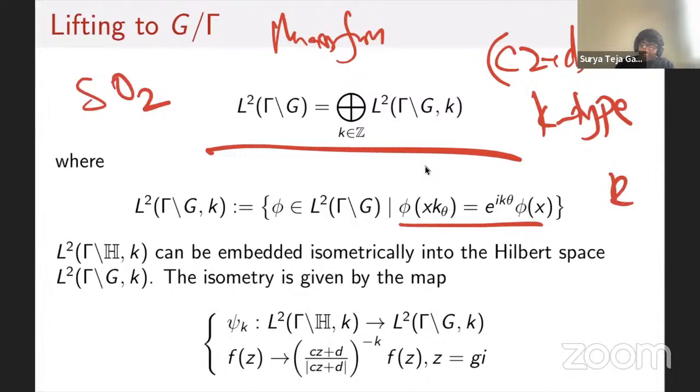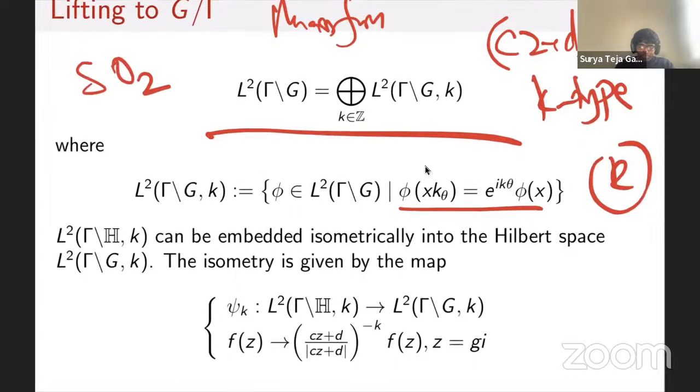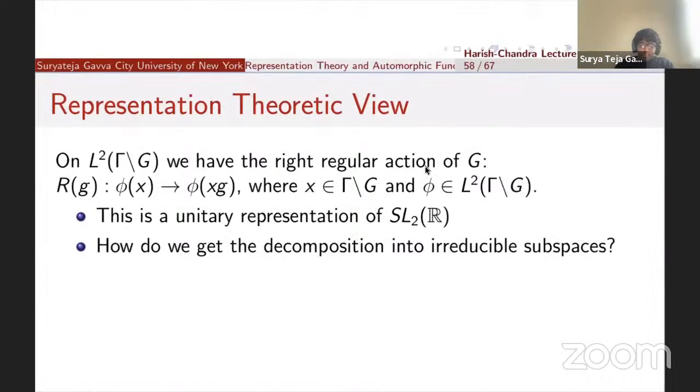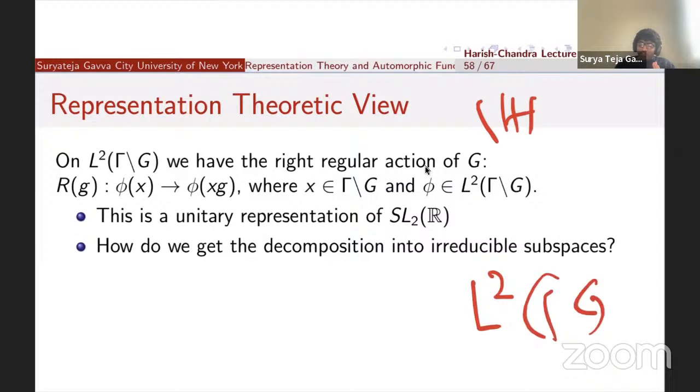The weights k correspond to the characters of this SO(2), and so on. Once we have these functions on H mod gamma, which we now think of as functions on G mod gamma,